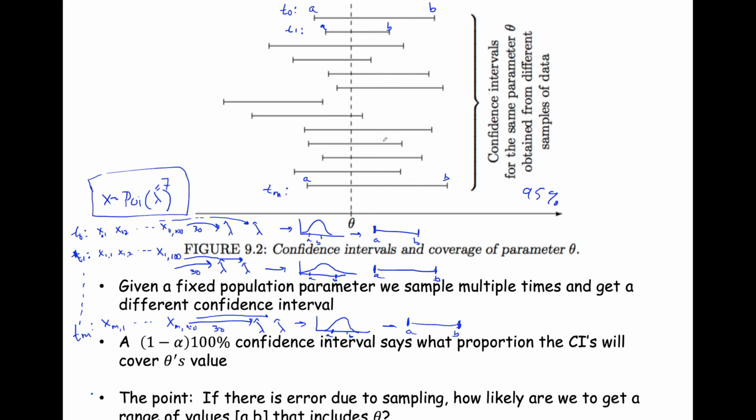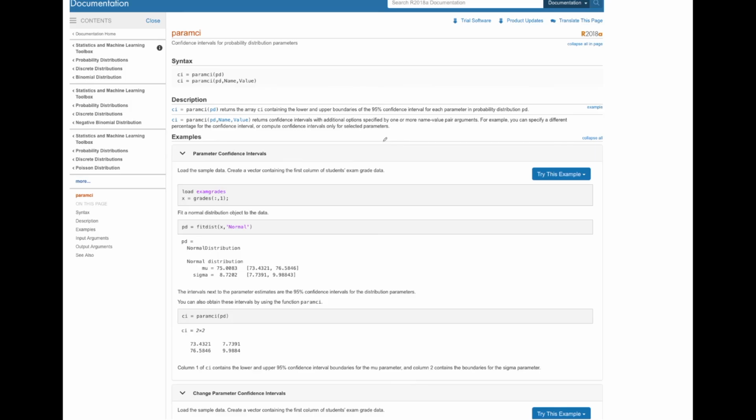Okay, all right. So it just so happens in MATLAB there's a function in the Statistics and Machine Learning Toolbox called paramci, and it will actually calculate the confidence interval for you. If you call paramci on that distribution, it will actually give you the 95% confidence interval. So alpha, in that case, alpha equals 0.05. You can also call a value, where this value here is your alpha, right? And if you give it the alpha, it'll actually compute that 1 minus alpha times 100%